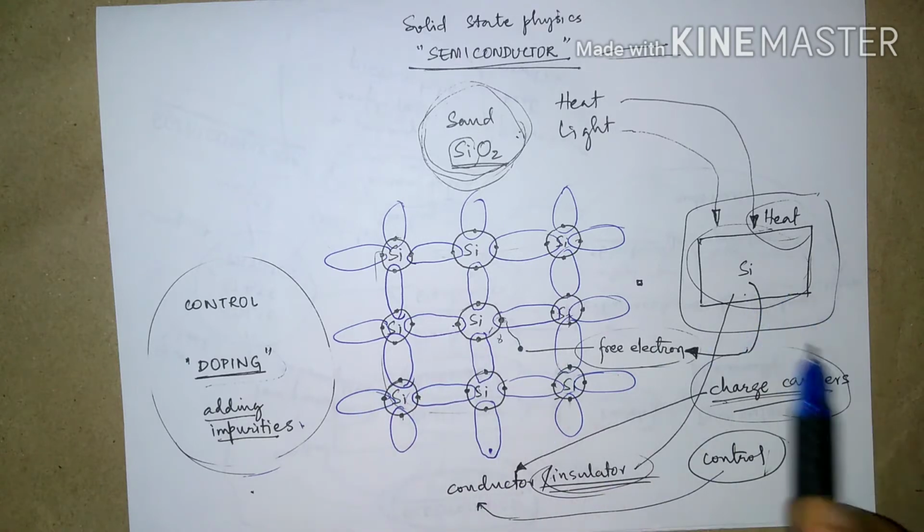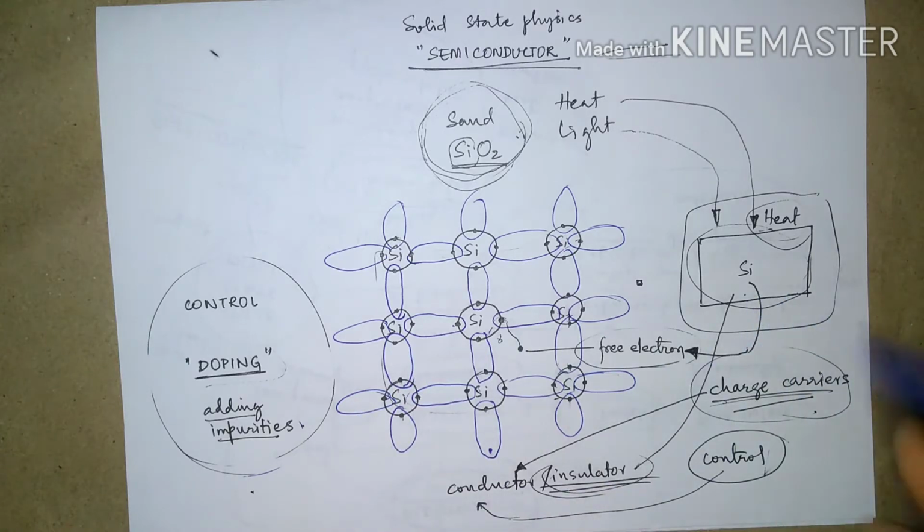So how does pure silicon act at low temperatures, at 0 degree Kelvin, something like that? It completely acts like an insulator. So what is an insulator? It does not allow any current to flow through. That means current does not happen in it. Even if you apply some voltage, it does not have any charge carriers. It doesn't have any free electrons to respond to the voltage that is applied to this particular piece of silicon.